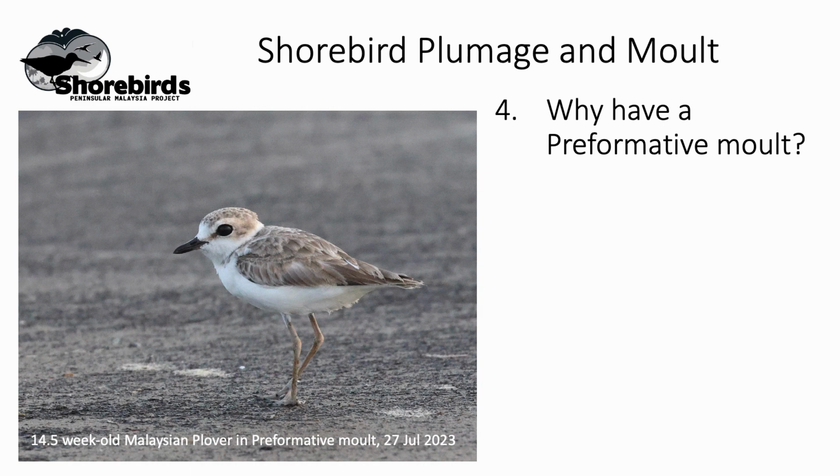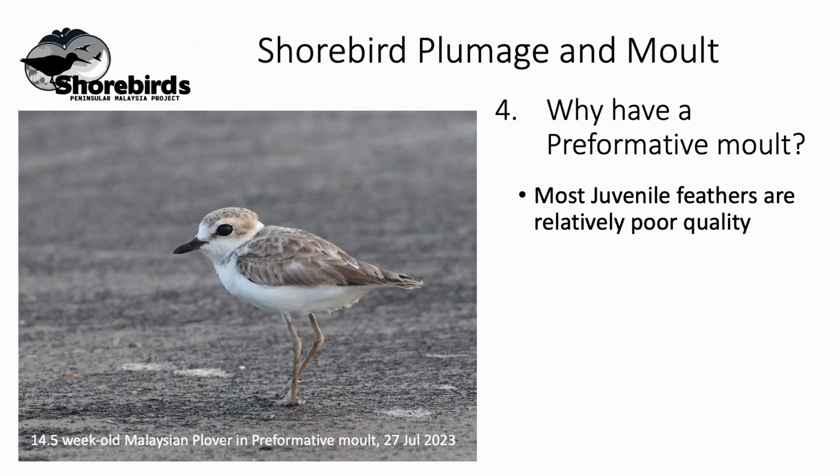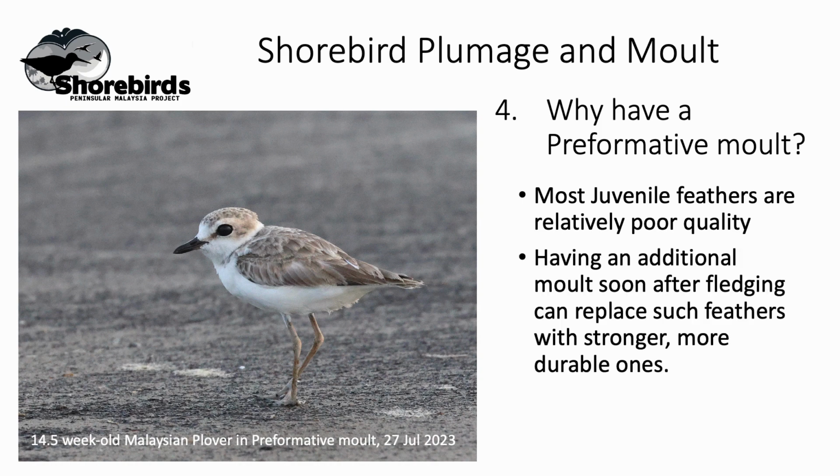Why do many birds have a preformative molt? Well, casting our minds back to the previous video in this series on juvenile plumage, one of the things we said was that juvenile feathers are relatively poor quality, and the reason for that is they have to be grown quickly. Chicks, when they are newly hatched, are in a very vulnerable situation before they can fly, and so it's obviously in their best interests to grow feathers as fast as possible. And the trade-off for the rapidity of that process is that those feathers are not strong, and so preformative molt gives them a chance to replace those feathers, or some of them at least, with much stronger, more durable ones